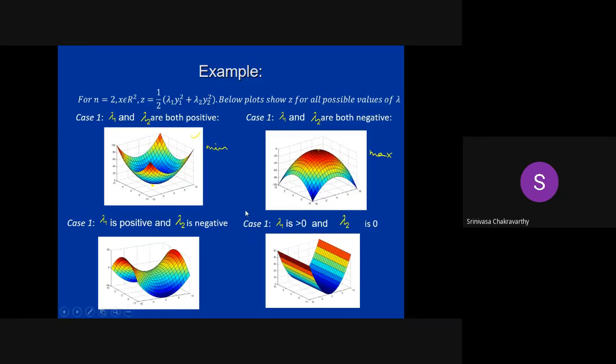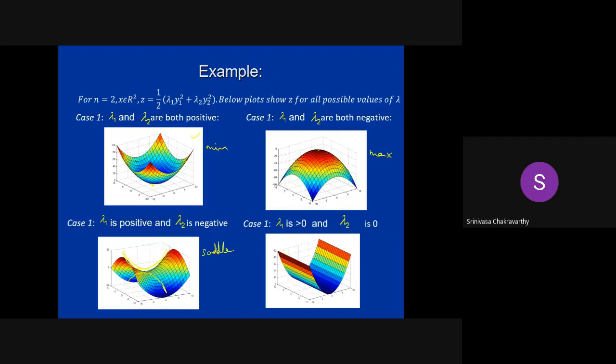Right, now let's take more complicated cases. One of the eigenvalues is positive, other is negative. What that means is, let's say lambda 1 is positive, lambda 2 is negative. That means in y1 direction, it will be increasing, in y2 direction, it will be decreasing. So when you plot that, it looks something like this. If you look at this direction, which indicates y1, the function is going up. But if you look at this other direction, the function is going down, and that is y2. So in this direction, it is decreasing, in this direction, it is increasing. So it's quite possible, and such a surface is called a saddle. It actually looks like a horse's saddle.